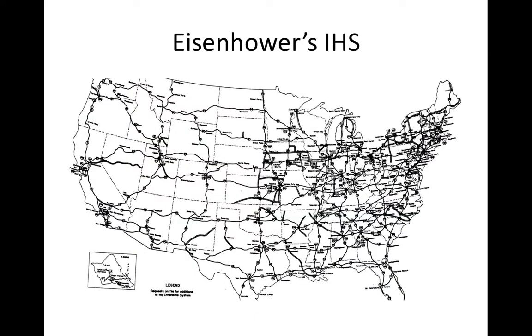Another effect and cause of the rise of the car is the interstate highway system. In 1919, Eisenhower was in the Army, and it took him 62 days to travel over mostly unpaved roads from Washington, D.C. to San Francisco. It took him 2 months to make the trip. Today you can make the trip in 72 hours. When he was president,